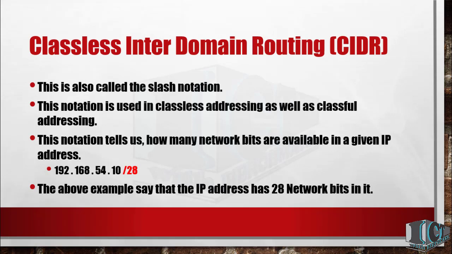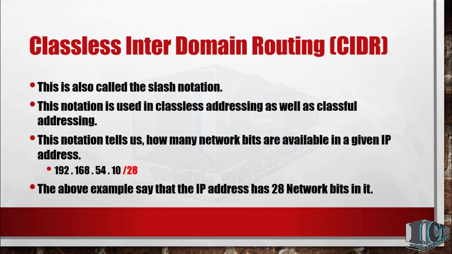But here we are using 28 bits, which will indicate that this is not a classful address, or this is a classless addressing method. So the subnet mask or the default subnet mask will change according to the user's needs